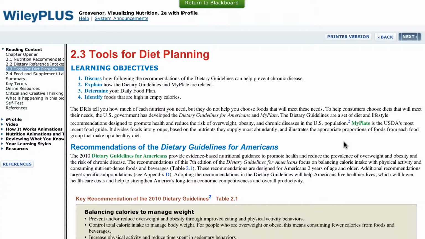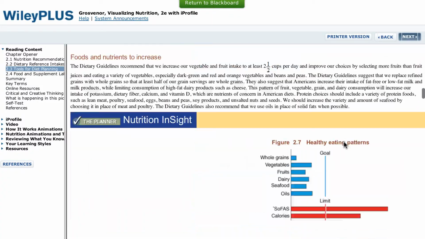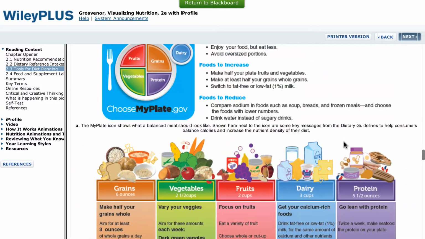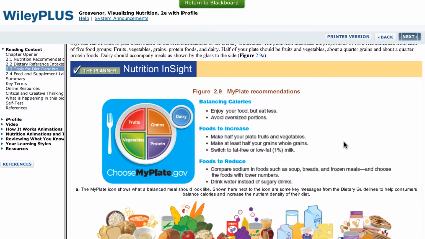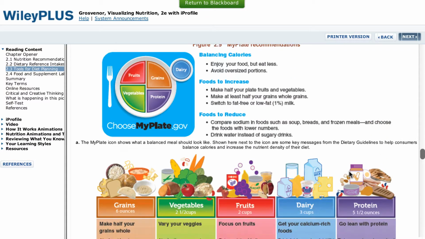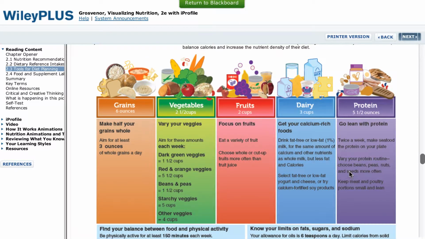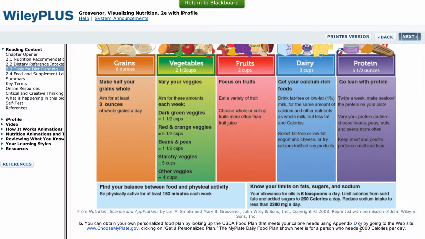So in this section, Tools for Diet Planning, I'm going to scroll quickly down here. I think that this particular section, the Nutrition Insight, is very helpful, but I did want to let you know that what they have in the textbook is for somebody who's eating a 2,000 calorie per day diet. And if you want to see what this means for you, if you're eating fewer than 2,000 calories or more, you can go to Appendix D or choosemyplate.gov. And choosemyplate.gov will have something that's very colorful like this and much easier to look at than what's in Appendix